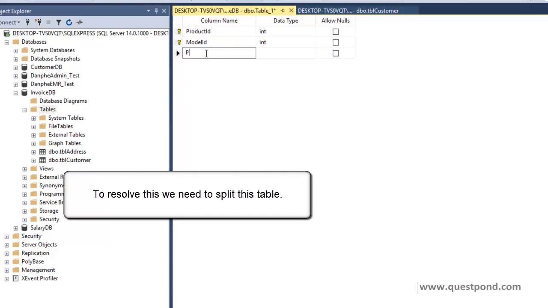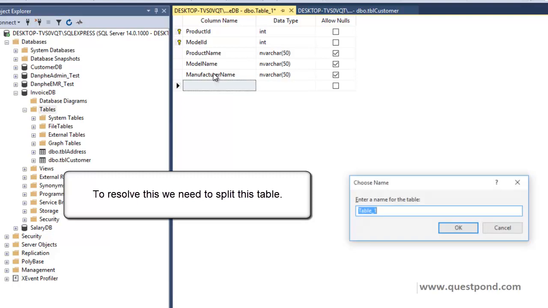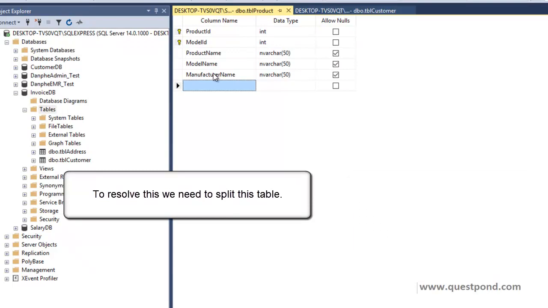So one is that we will have here a product name. We will have the model name, right? We will have the manufacturer, who manufactured this product and model. So manufacturer name, right? So I am creating a new table here altogether called TBL product, and in this I will go and